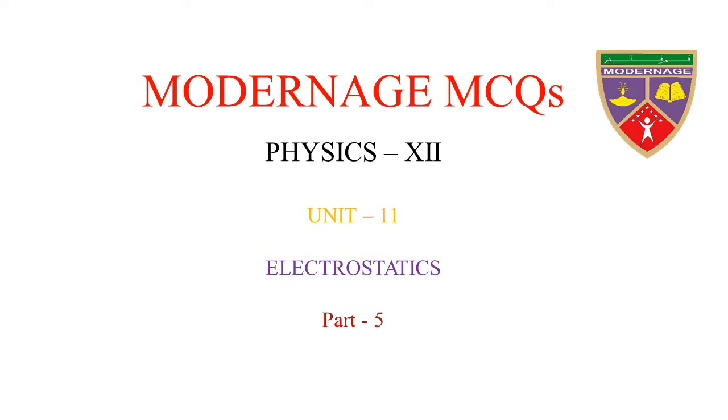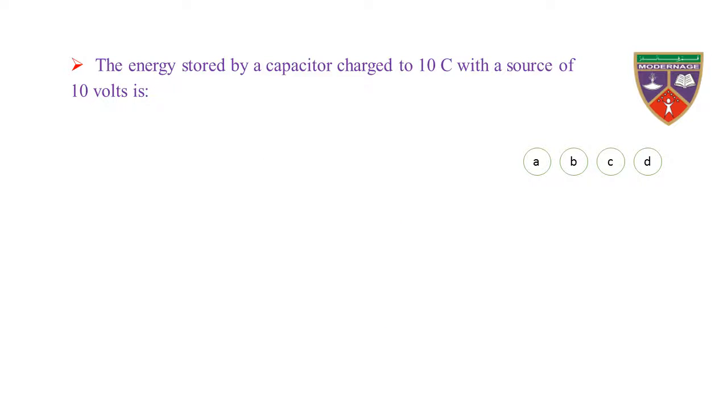Modern Age MCQs, Physics, Class Second Year, Unit number 11, Electrostatics, Part 5. The energy stored by a capacitor charged to 10 coulomb with a source of 10 volts is